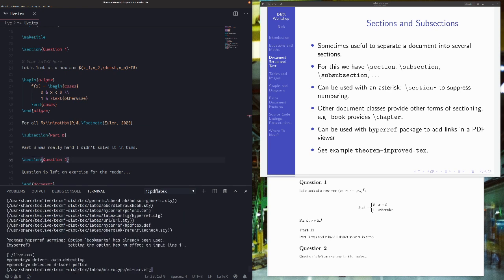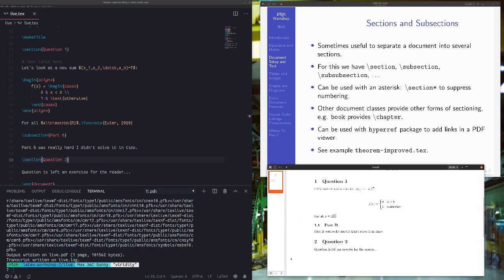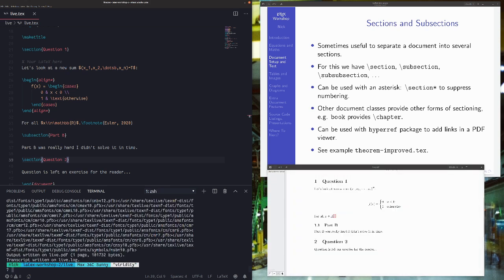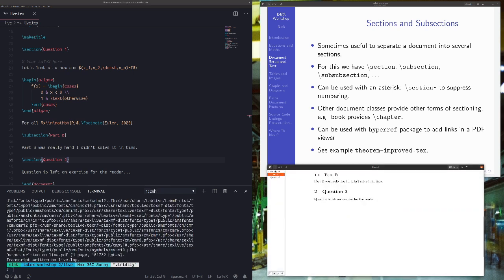So if I recompile that now, and then I reopen the sidebar, I might have to recompile it twice. Yeah. So now, I don't know if you can see that too well, but